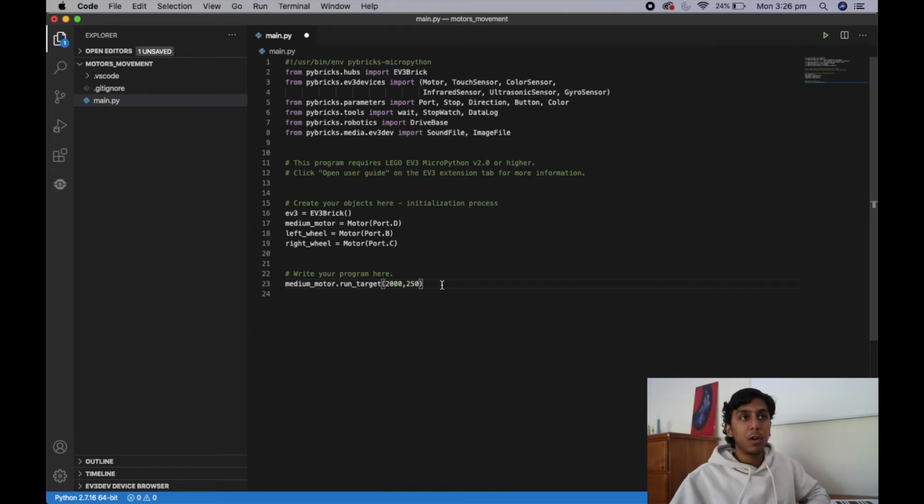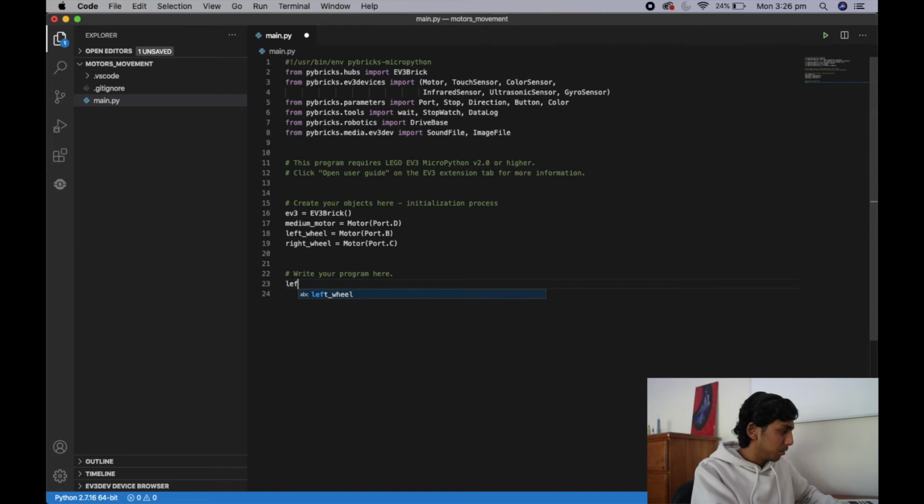Now you might be thinking, alright, I've now made my medium motor run. What if I want to make my large motor on the wheel run? All you need to do then is just change this command. So I'm just going to delete this. And if you want to do a run target for your left wheel, all you have to do is type in your object name, which is left wheel, and then let it equal. And we're going to use the run target command again. So I'm going to do a run underscore target, open my brackets, and I'll do